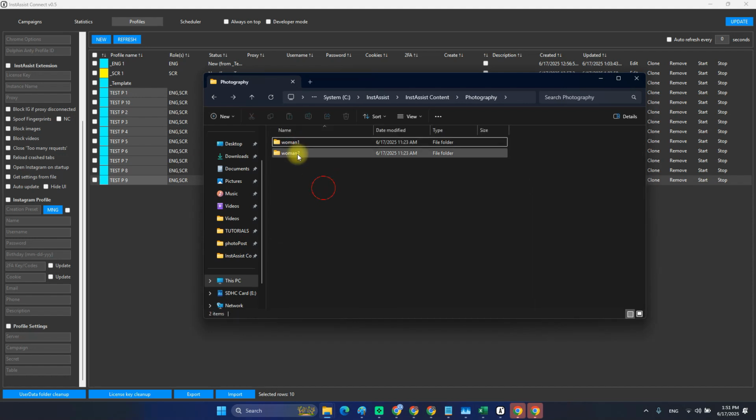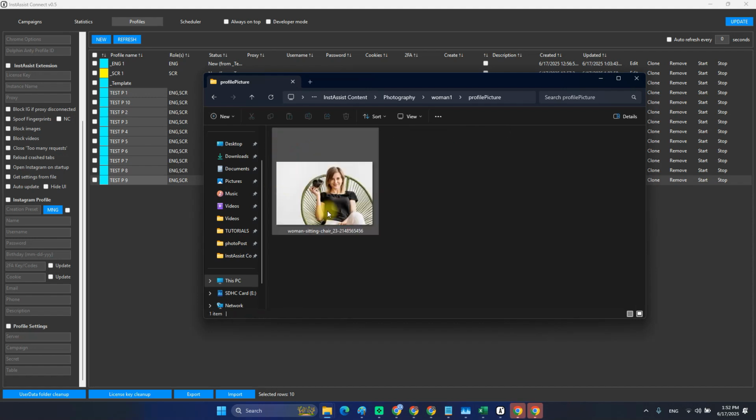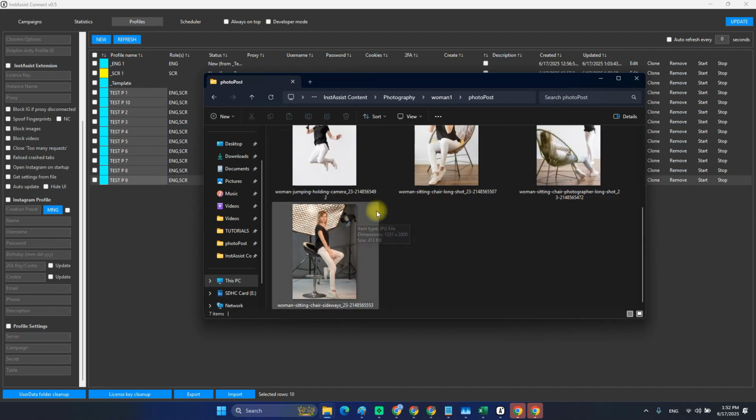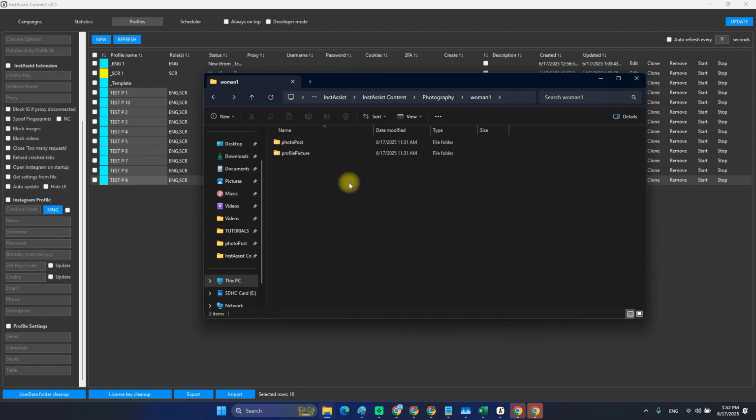Okay. So I have prepared. Actually, for the InstAssist content upload, it should be structured this way. So we have the folder, and we have a bunch of, it could be 20, it could be 100 of presets, which in these folders we'll need to have the exact named folders: profile pictures and photo posts. And here will be profile pictures, and here will be photo posts. Okay, so how